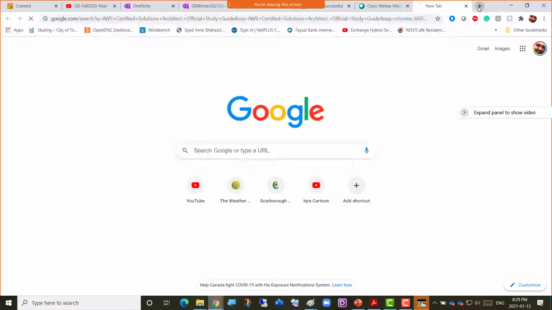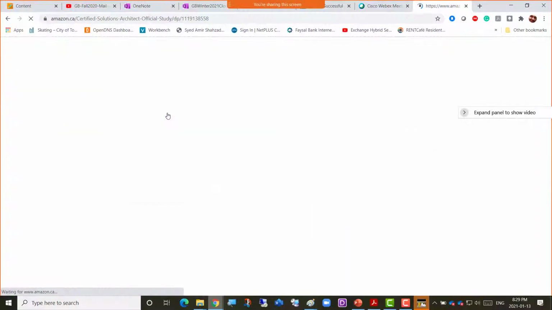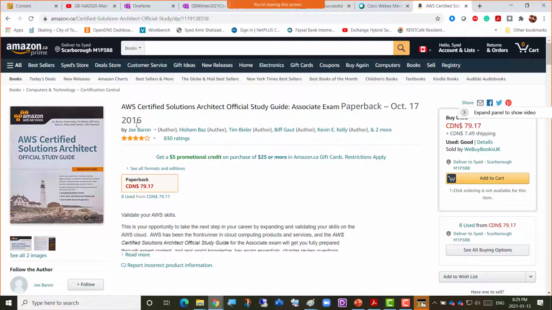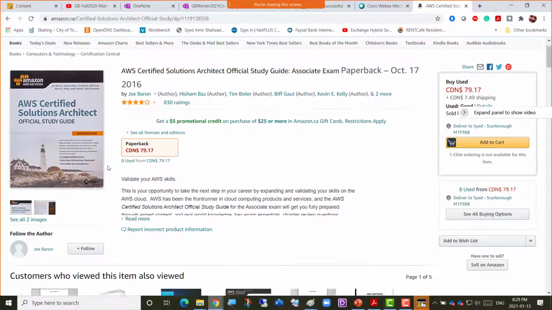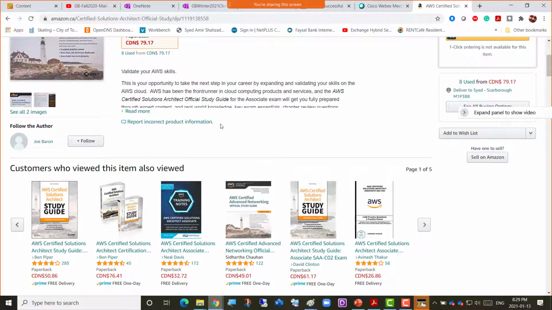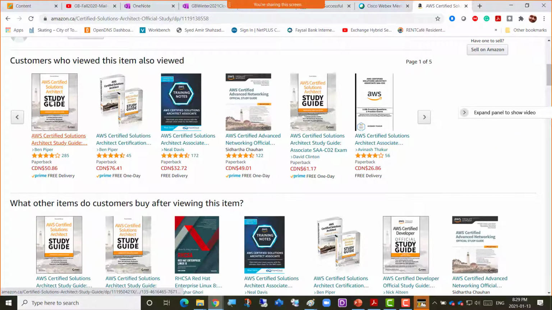If I put that study guide up, there's a newer version of that. There's a 2016 version, so don't take this one. There is a newer edition. This one is $79. This is Solutions Architect Associate, SAA-C02. Actually, that's the exam code.